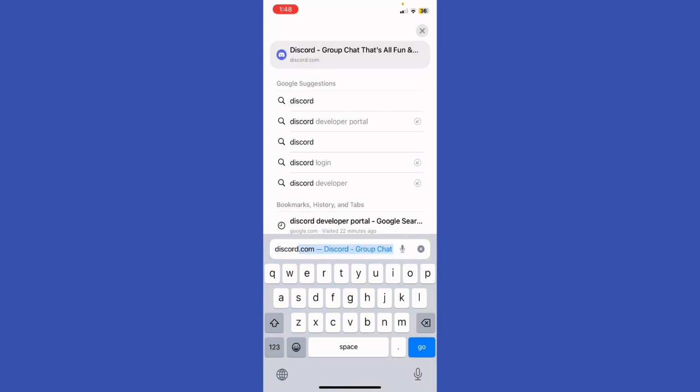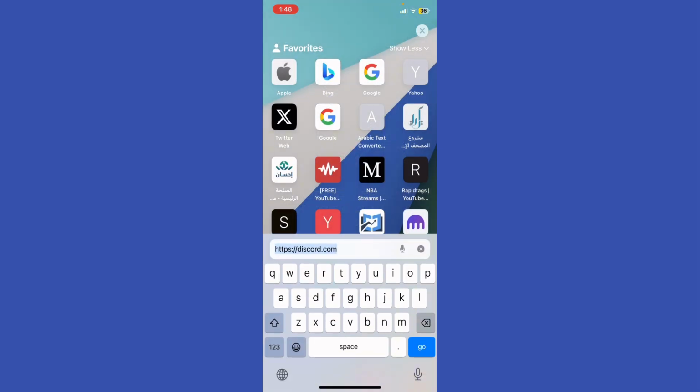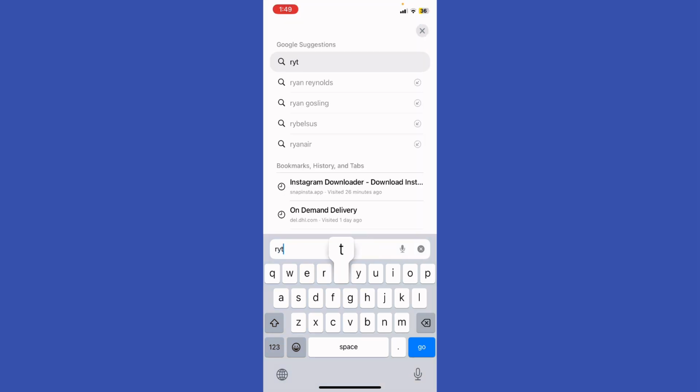My name is Adam. Today I'm gonna show you how to use Rhythm Bot on Discord. So first of all, you're gonna need to visit the Rhythm Bot website and invite it to your server. So you're gonna just type right here Rhythm